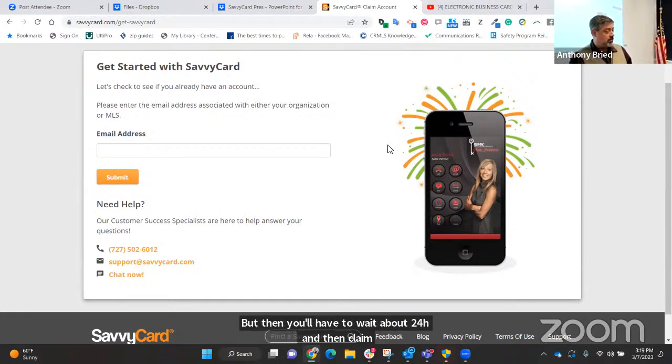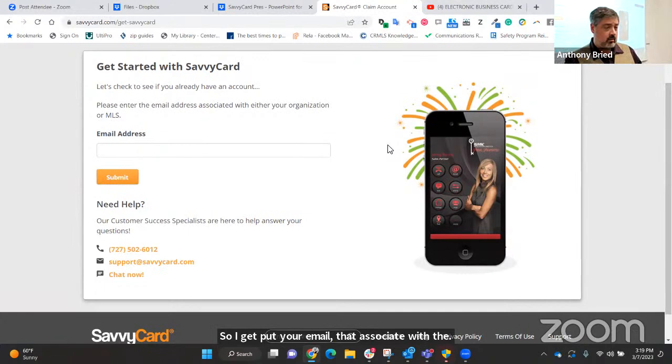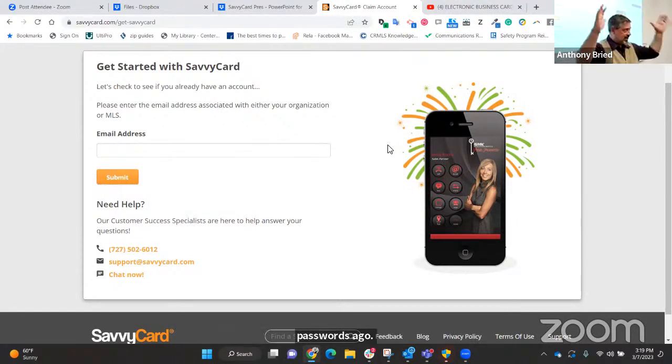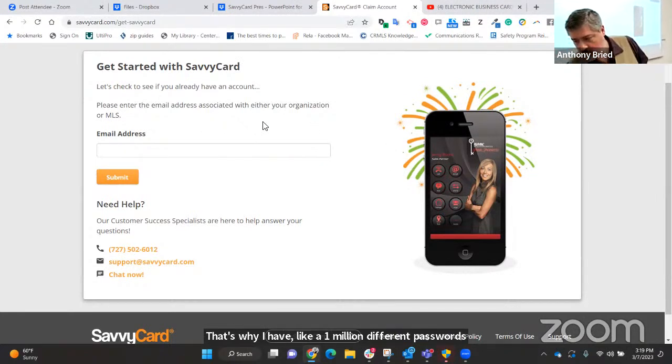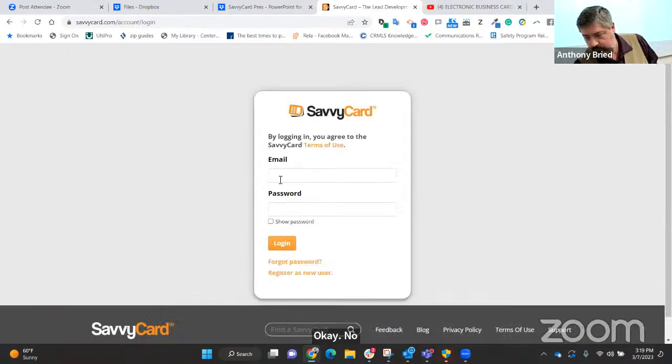So I put the email associated with the MLS. The password is whatever password you created with Savvycard. I know I used my MLS password, but that was like 3 passwords ago. That's why I have like a million different passwords running around in my brain. Okay. Now, once you do this and you've claimed your card,